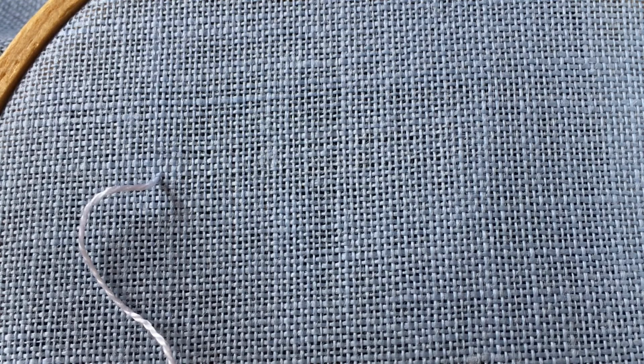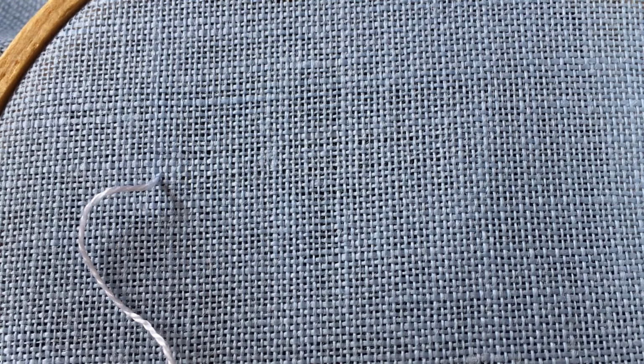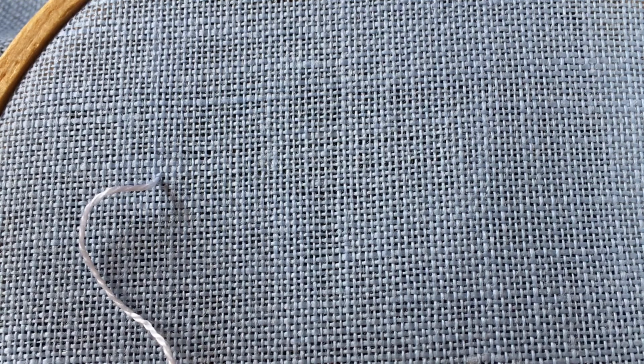I'm going to be demonstrating the four-sided stitch as it relates to Punto Antico embroidery, which can be a little bit different from some other forms of embroidery. In some forms of embroidery, the four-sided stitch is a pulled stitch, which means you're going to be using a lot of tension and actually really pulling on your thread to open up the holes of the fabric. But in Punto Antico embroidery, the four-sided stitch is not a pulled stitch. So you want to use your regular stitching tension and you don't want to be opening up the holes of